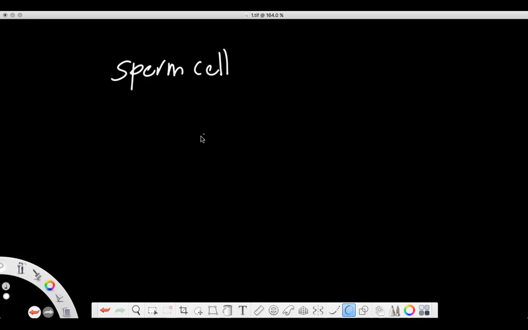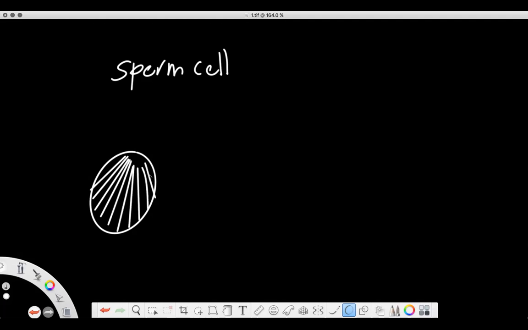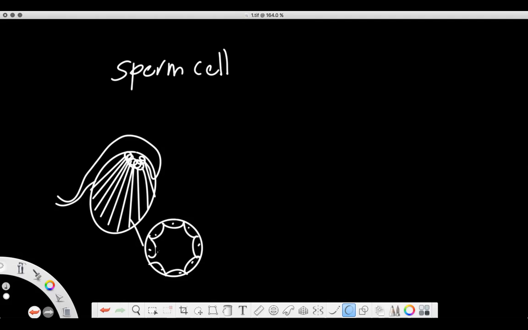Right, the sperm cell is a male gamete, and the male gametes are produced inside the testes. One of the differences between female and male gametes is that the male gametes are continuously undergoing the process of mitosis and meiosis. That means if we look inside the testes, there are a number of coiled tubes, which provide a large surface area, and these tubes have cells. These cells can continuously divide by mitosis, and they can maintain the right number